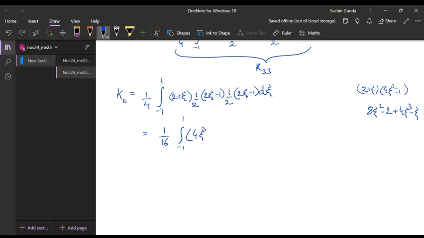Yes, 4 psi cube plus 8 psi square minus 8 minus